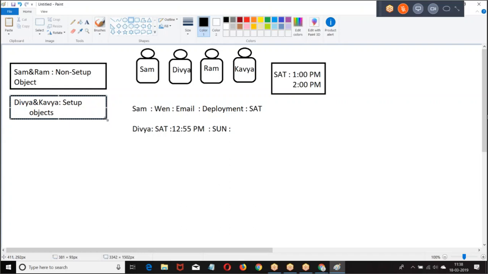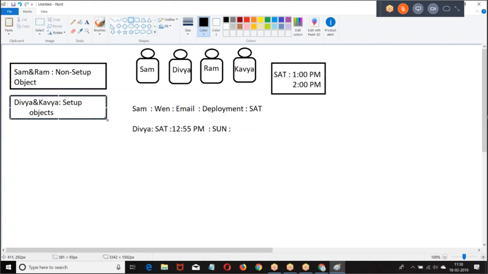So in a single method, either I can make a DML on setup or I can make a DML on non-setup. Both of them, if you are trying to perform, it will throw mixed DML exception. Now, what is that mixed DML exception? If you are trying to make a DML operation on setup objects and non-setup objects together within a single method, then they are going to throw an exception called mixed DML exception.